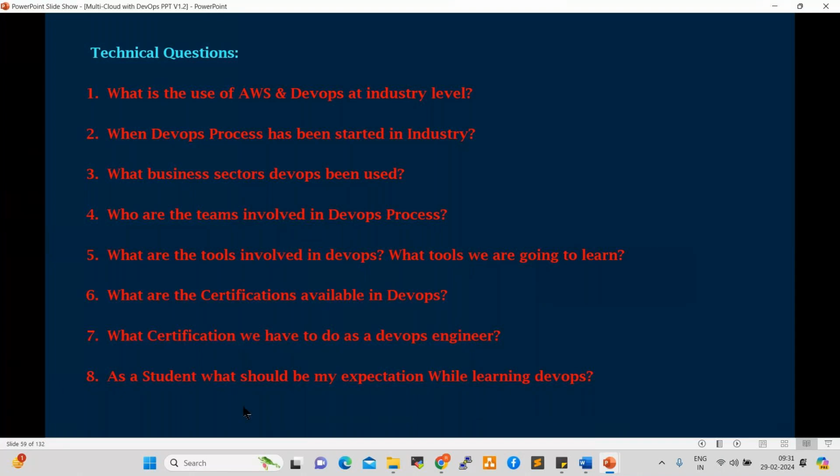Every tool will go very deep, not only installation and configuration. Every service in AWS also will get very detailed training. You have to dedicate these 4 months. If you do, you can easily crack your interview and cope up in the project. Once you complete our course, you can showcase a minimum of 3 to 4 years of experience in your resume. That level of training will be provided.